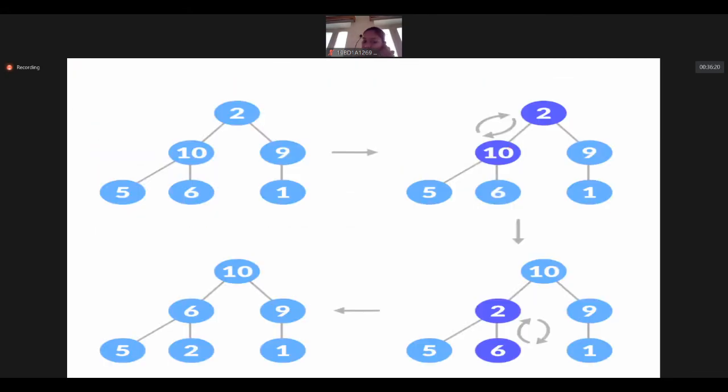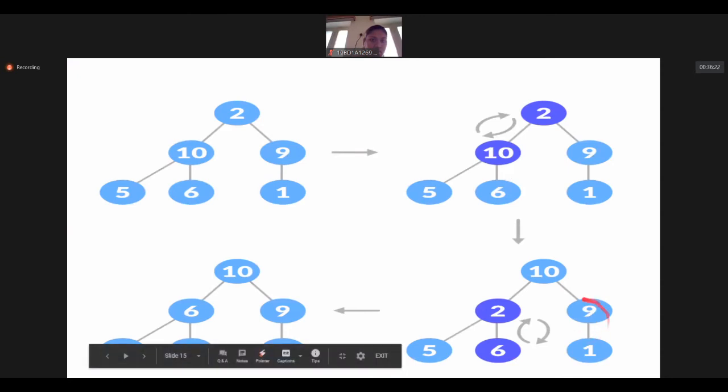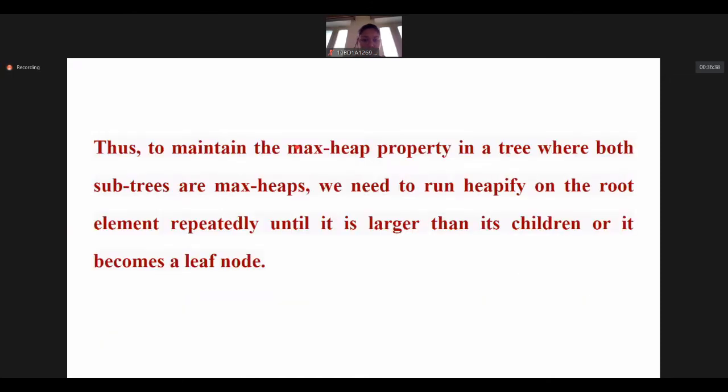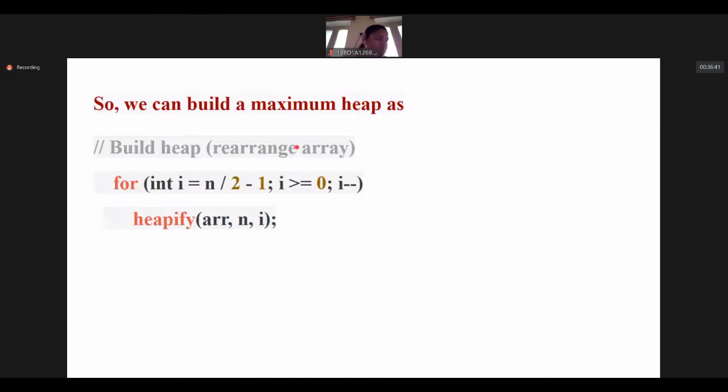We stop the process here. We start the process here. So this is the starting point of heapify. How to find this one? I by 2 minus 1. So you start the process here, n by 2 minus 1, then go to I minus minus. So go to the higher one.